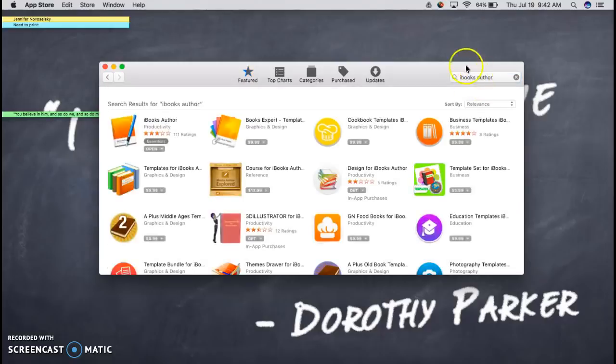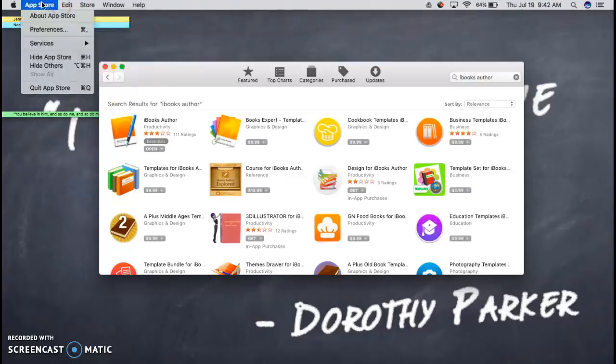And you search that. iBooks is one word. Author is its own word as well. It should be the first thing that comes up, and it should have like a little orange book with a blue pen. I've already downloaded it, but this would usually say download. It is a free option to download. But make sure that you are logged into your